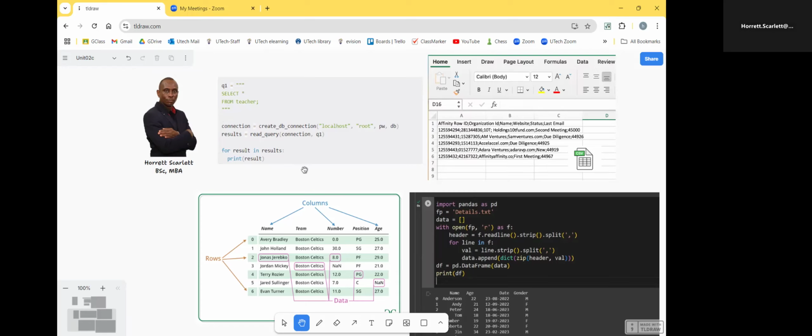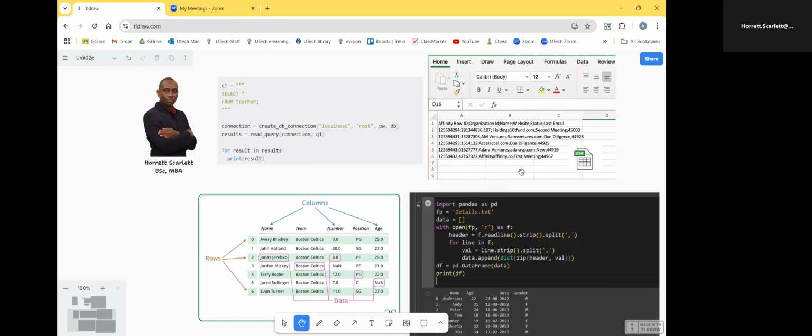Another thing that is important when we are making use of Python is that we can query other data sources apart from databases. For example, a CSV file, which is known as a comma-separated file. In this case, though, instead of commas, we are separating the data using the semicolon, which is also permissible, because with a CSV file, we can choose the delimiter that we use to separate the data values. It can be commas, semicolons, colons, a dash, etc. So we have the option of specifying that.